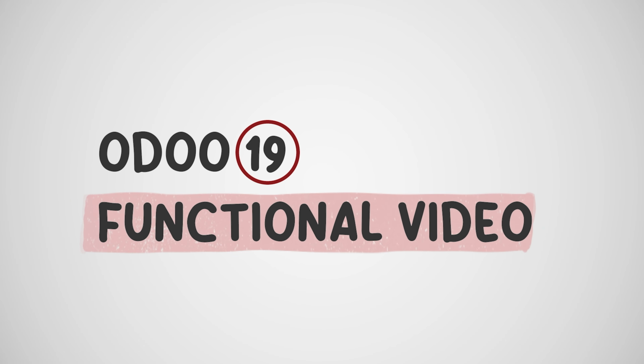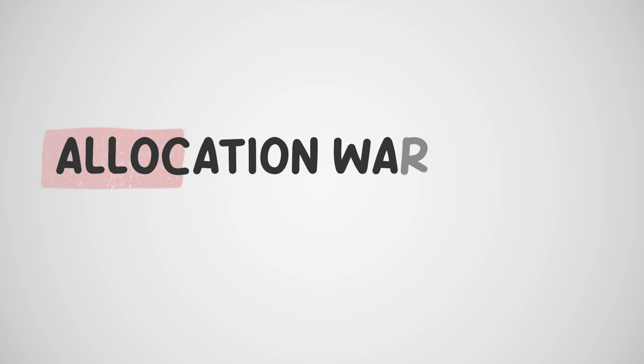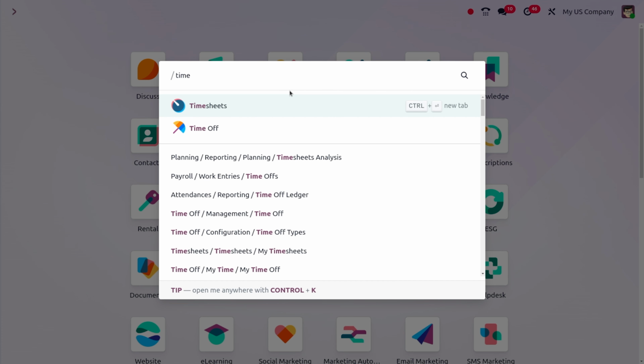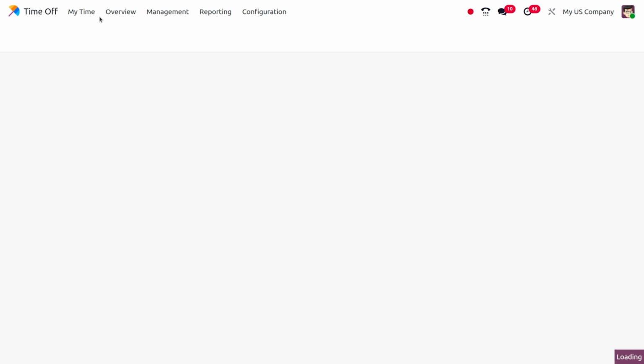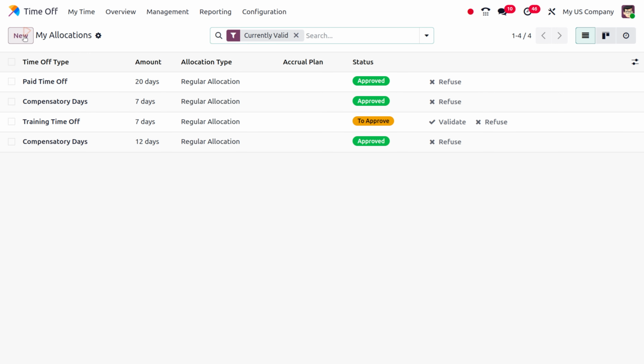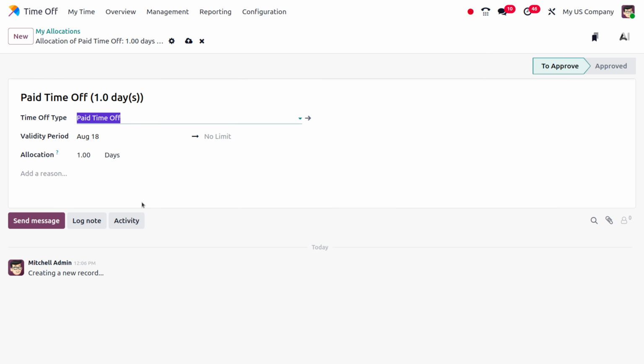In today's video, we're going to discuss the allocation warning in the Odoo 19 Time Off module. So let's dive into the Time Off module first, and here we can find the allocations. As we move on to My Time, here we have My Allocation, where we can create a new allocation. In Odoo 19, we have a feature to set a warning for the allocation if the allocations are